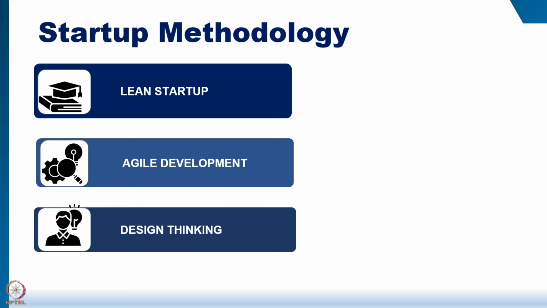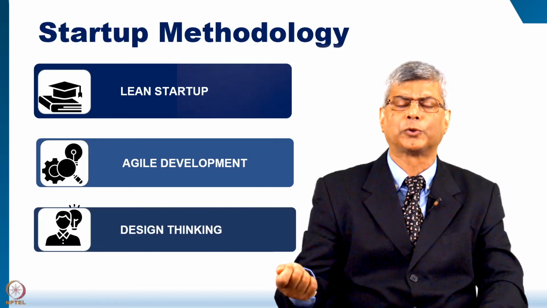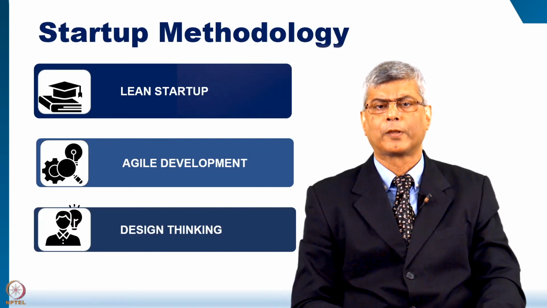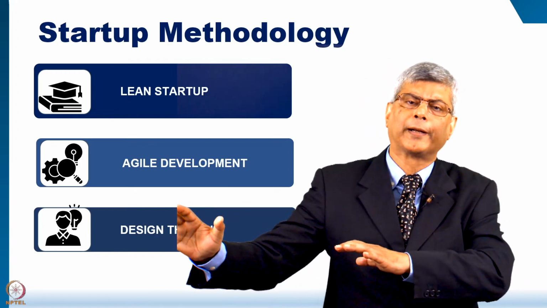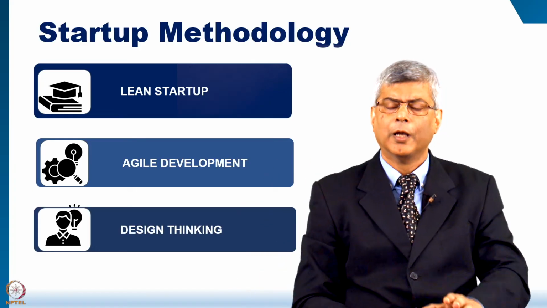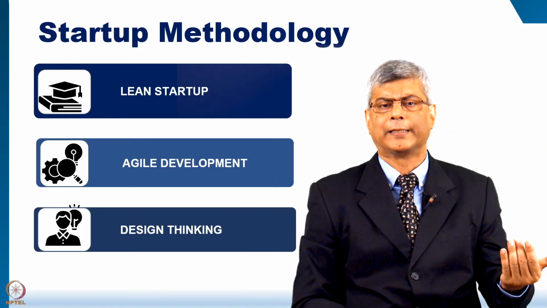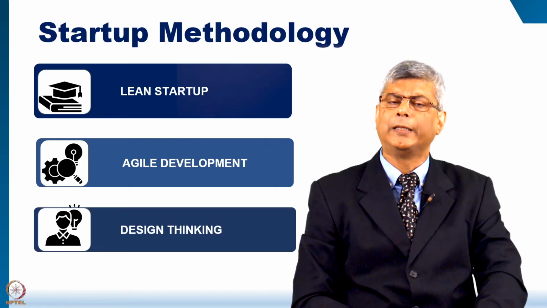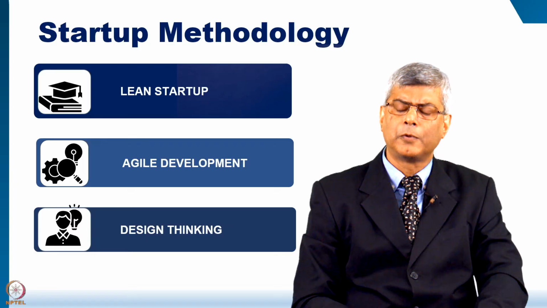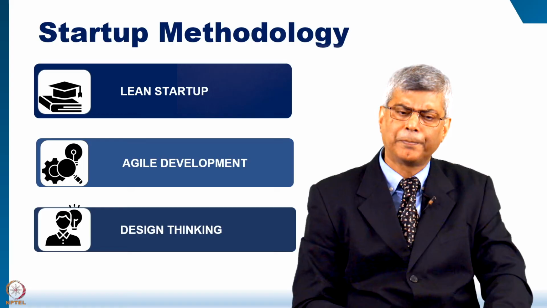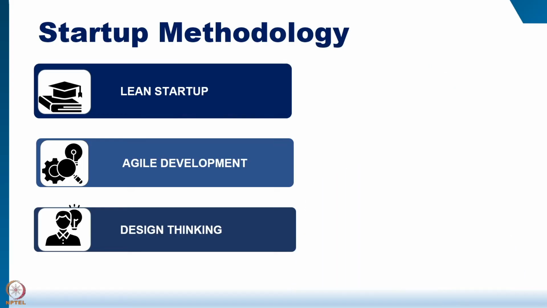Now let's look at some of the methodologies for a startup. Because if you want to open a kirana store or a restaurant or a salon, there are many which you can look around and you might just get a lot of ideas from businesses that exist. But in a startup, there's no other business like that you want to create. So there are methodologies. Some of the most famous ones: lean startup, which came out of the Silicon Valley in the United States, agile development, design thinking, which came out of Stanford, etc.